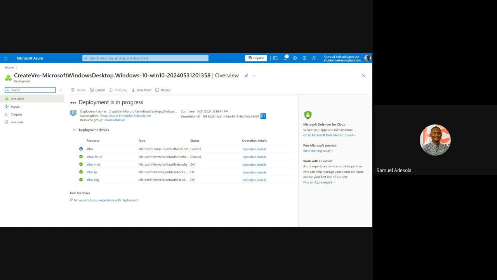Whenever you have time, don't forget you can always go over to your Microsoft Azure and check through what are the things that you can do with Azure, and then you can learn one or two things there. So this is just one capacity of the cloud I'm showing us, which is creating virtual machines, like creating machines that are not your own, but you are borrowing somebody's machine. They call it virtual computing, virtual machines. So there's artificial intelligence functionality in the cloud, there's machine learning functionality, there's data science functionality, and quite a lot of things that you can do with the cloud. Let's just wait for this.